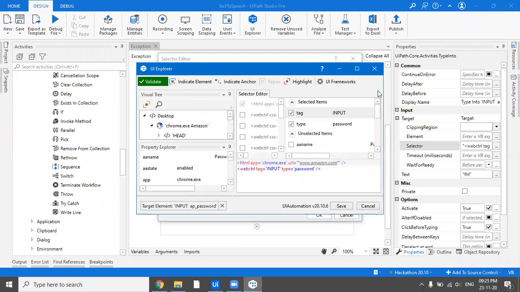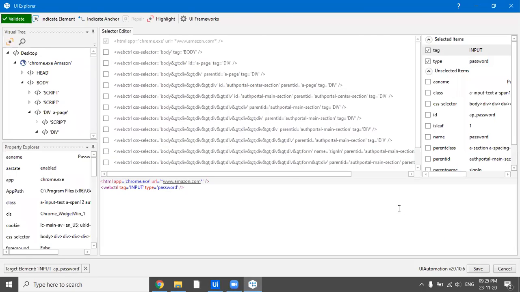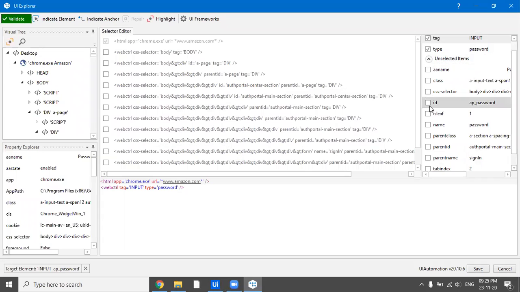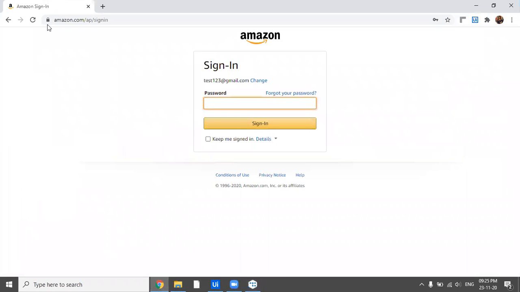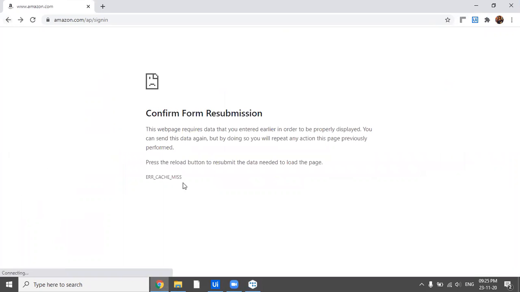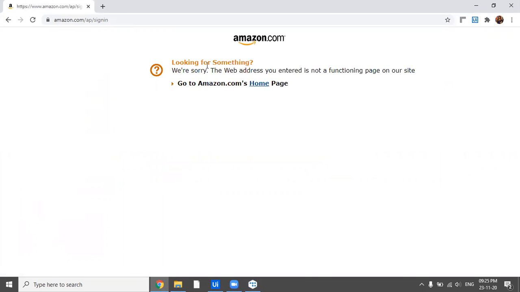Now let's try finding a unique thing which does not get validated on the previous screen. If we see ID, most probably it would not get validated. So if we now go back here to this screen, okay, go to amazon.com's homepage.